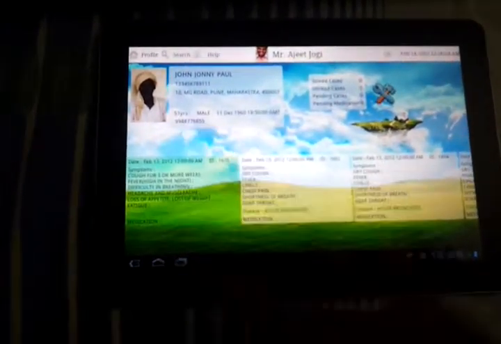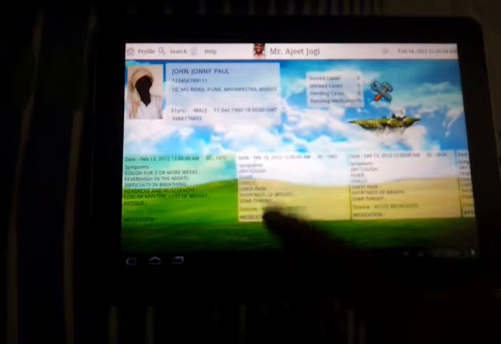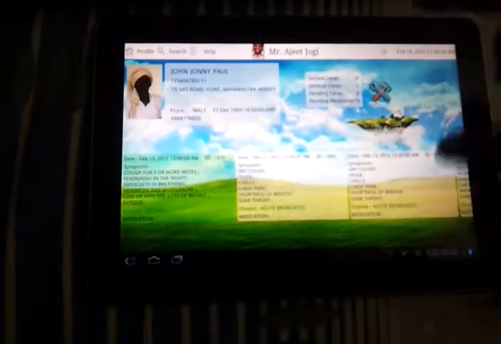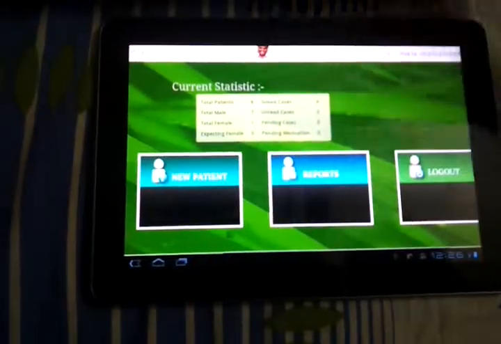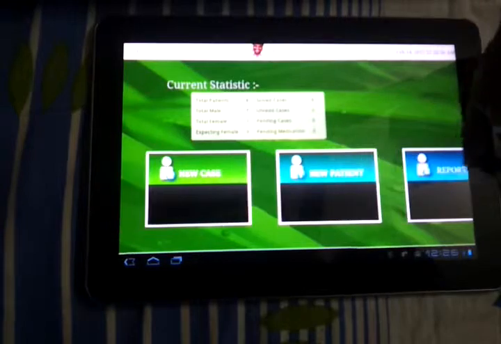And here on the patient window also it shows green. Now it has turned green to show that the doctor has finally diagnosed. Now again coming back to the desktop of the ASHA worker, here you can see there is a new case. I've already been to new case.